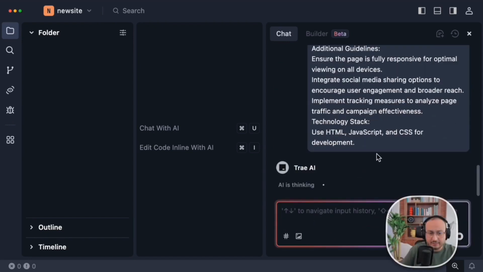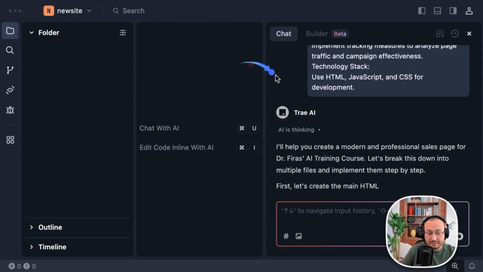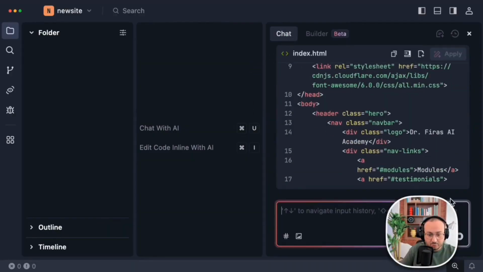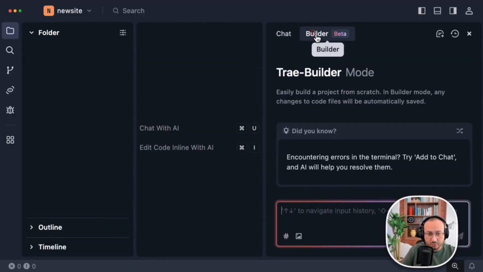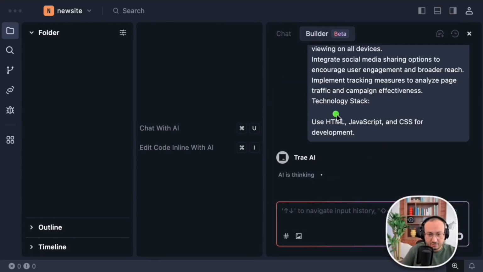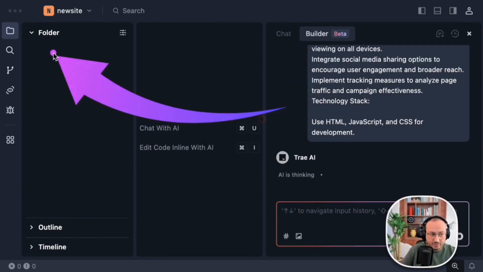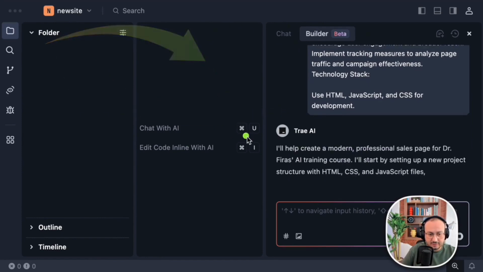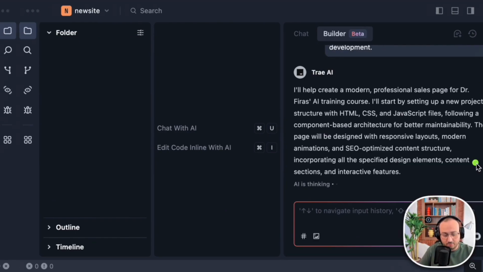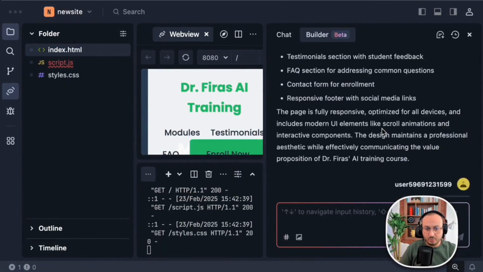I'm launching it. What it will do now is create a sales page from A to Z. And well, note that I am in chat mode, which is completely normal. In chat mode, it won't actually create the files here. So I switch to builder mode and launch it. You will see that thanks to this, it will be able to create the files and display them here, and we can see the result. So we'll give it a few minutes to finish the coding and see the result together, and even show me a preview of this